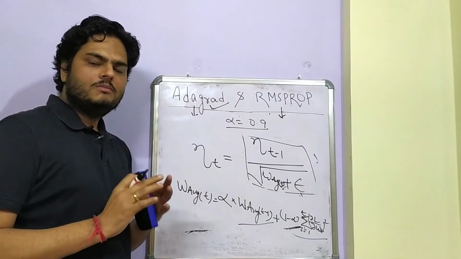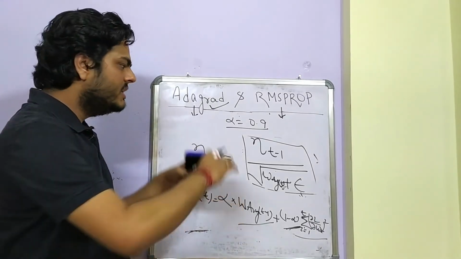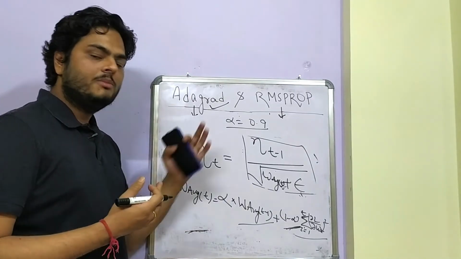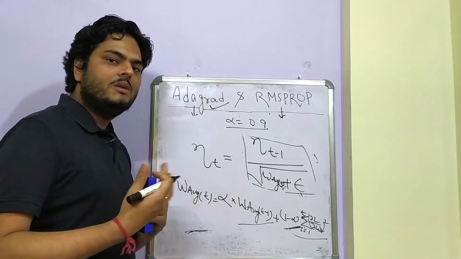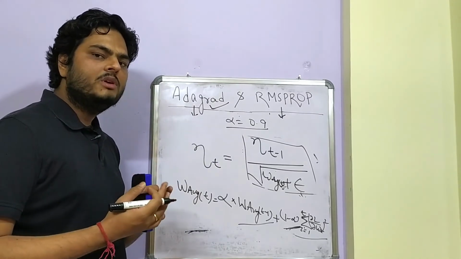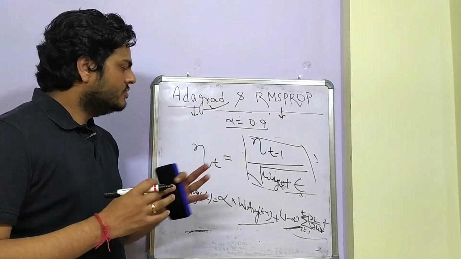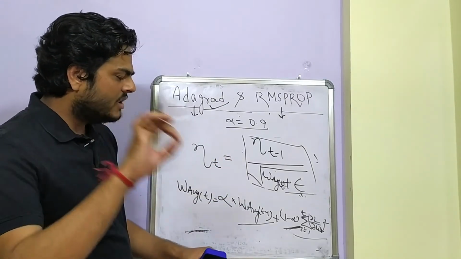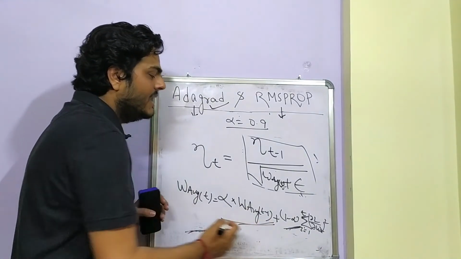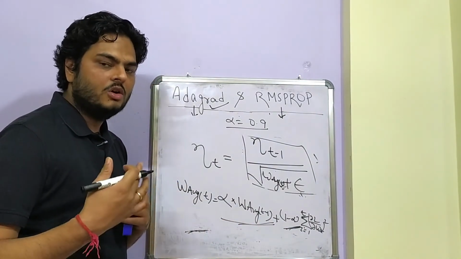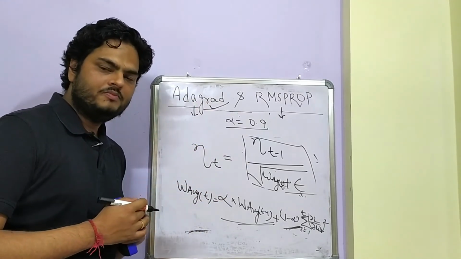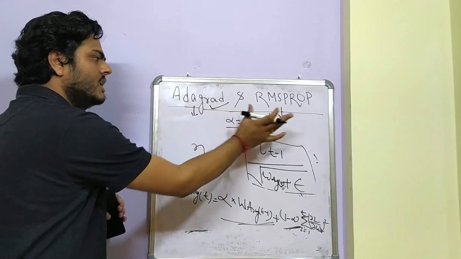So just to give you a recap of what we discussed, in gradient descent the problem was the step size was the same every time, the learning rate was the same every time, but we changed the learning rate by using the adaptive gradient technique. But there was a problem in adaptive gradient where the denominator used to be really large. So to control that, we gave a smaller weightage to the denominator term here and a larger weightage to the last average weight or moving average weight. And this is how we are able to control it in case of RMSProp. So I'm sure you would have understood AdaGrad and RMSProp.